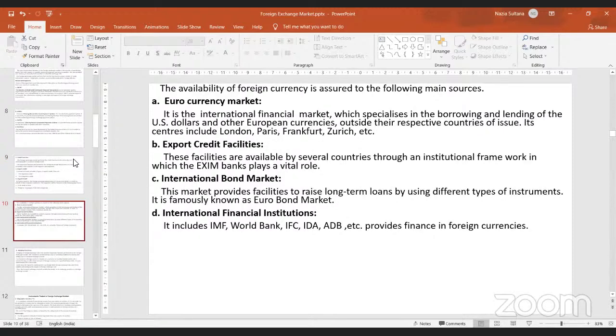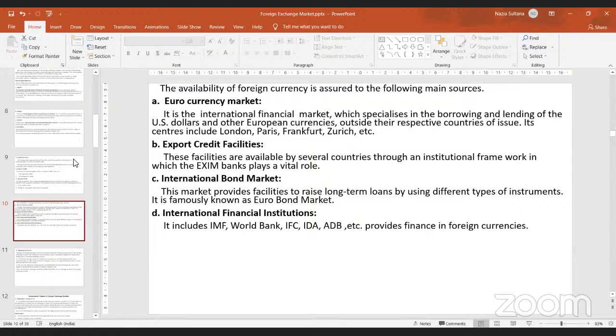Then, from where are all these foreign currencies made available? They are made available through different markets. When the forex market is giving credit, the forex market itself should also have a flow of money. So from where does the forex market get its money? The foreign currency sources for the forex market are of different types. For example, you have the international financial market.